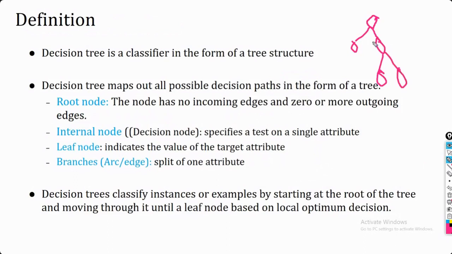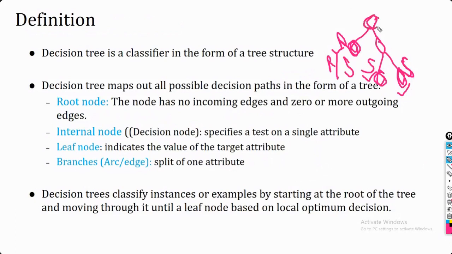Okay, so I'm starting from the bottom. This is basically each of the leaf nodes. In this case, this is your leaf node, in this case this is your leaf node, and in this case this one is your leaf node. Each leaf node is going to represent a class label. Here in this case, the class label was either risky or safe. So one of the class labels we will have with respect to each leaf node.